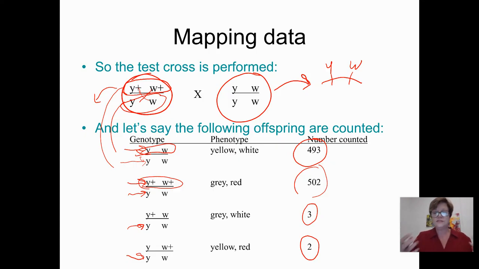So lots of meioses happen without a crossover between gene Y and gene W, but a few came from a crossover, so a few of the gametes do have a chromosome that has the results of a crossover. And so when those gametes get fertilized, then you see these small